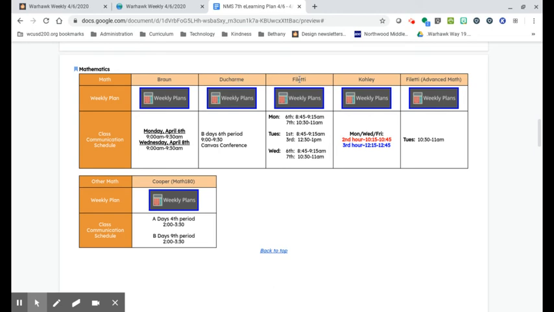Again, your student has Mr. Folletti. You can see under his name he also has his class communication schedule. It looks like for his first class on Monday, his 6th period class, they are going to have time to interact with him between 8:45 and 9:15. That could be a Google Meet, a Canvas conference, a message board, a Flipgrid, some sort of interactive that the teacher is providing for students to connect with him and with each other.